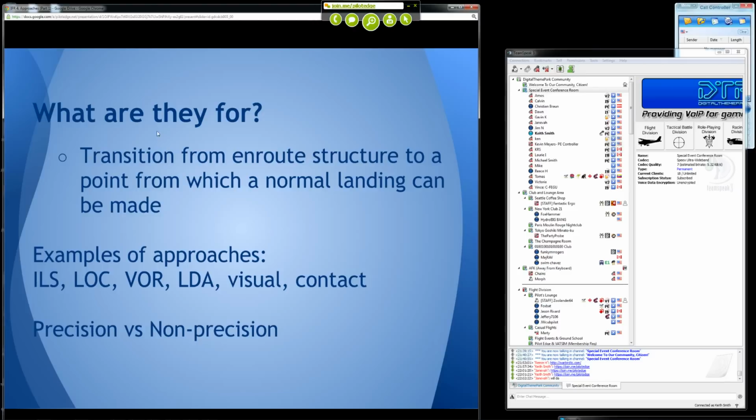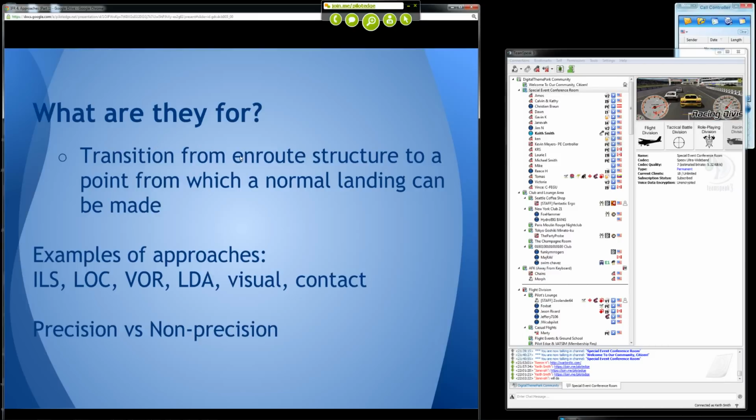Okay, so again, a quick recap of what is it that we're talking about here? What's the context? So what are instrument approaches for? Again, some of this will be a recap, but I think it does bear repeating. Instrument approaches are not designed to help you land the plane. They don't always get you to a point from which you can safely land the plane. Their job